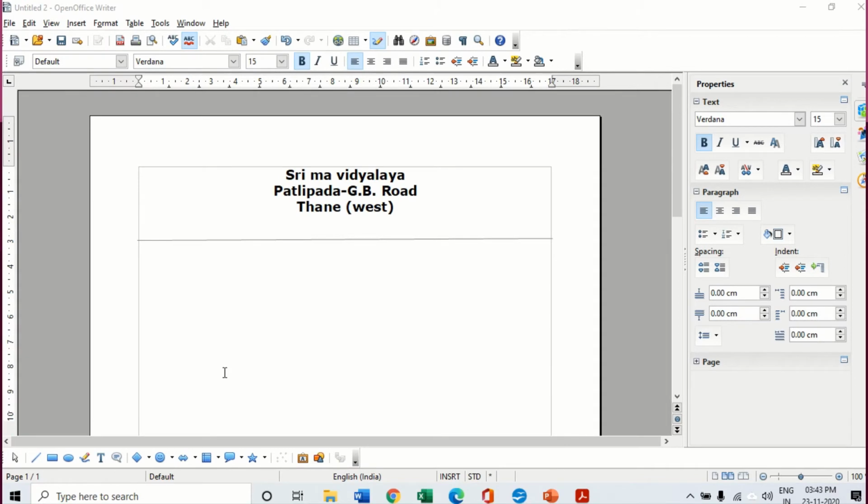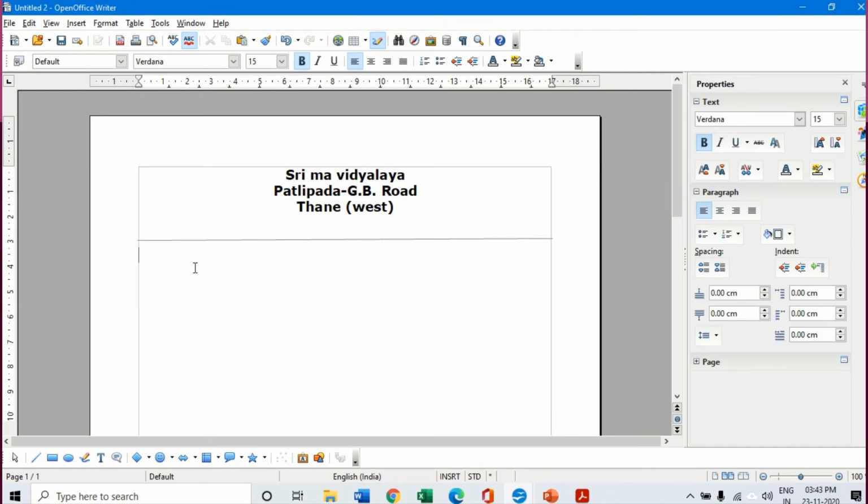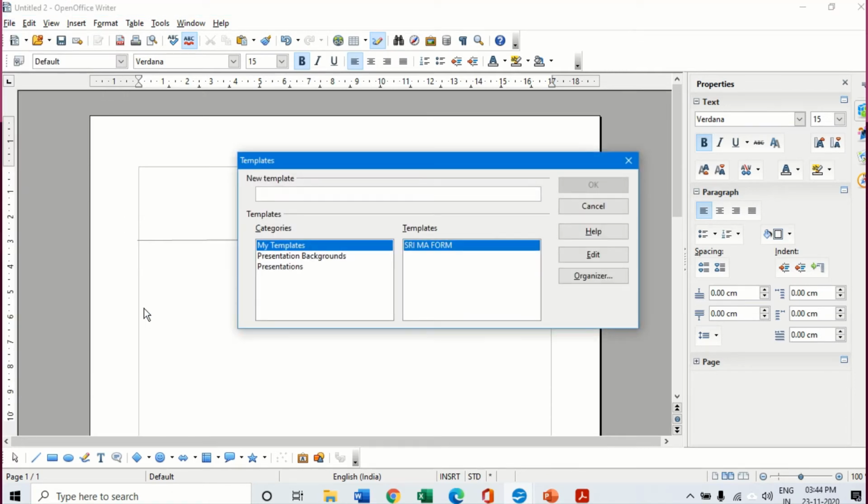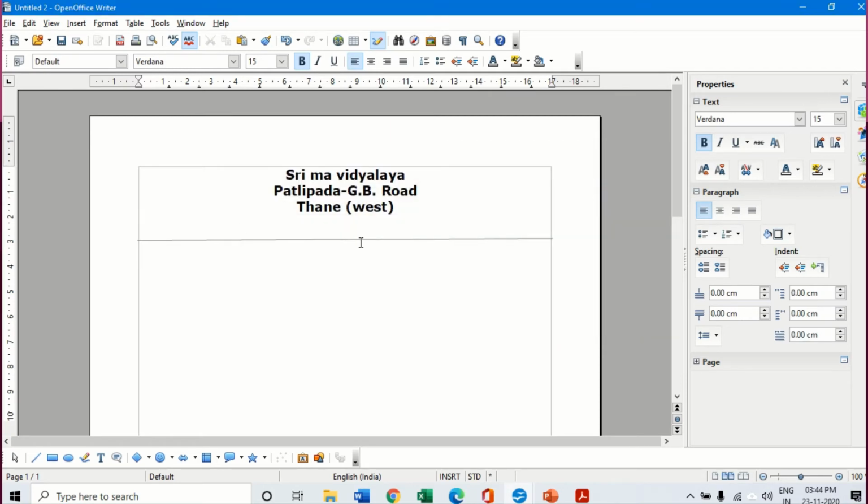Now let us understand how to create a template as a default document. Here I have a document in which I have written down the name of the school and a line. I want to create this as my template, and whenever I open a document, this should be my default template. So first of all I am going to save this template. I click on templates, click on save, and I'm going to give a name to this document in My Documents itself. Let's take default doc. This is the name I'm going to give to my template, and I say okay. So my template has got saved.